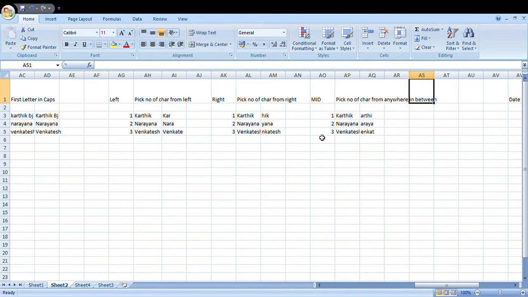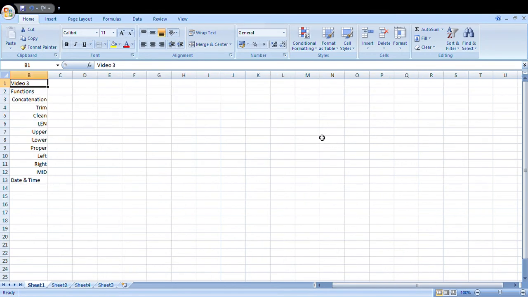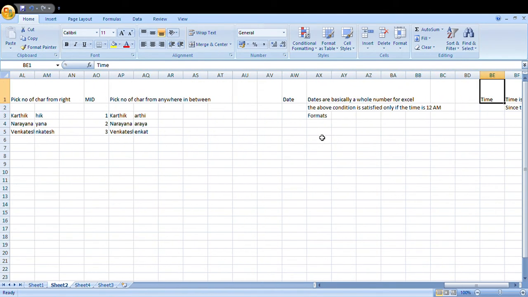So now let us move on to date and time. Let's start with the date first. Dates are basically a whole number for Excel. When I say a whole number, I will choose today's date. Mine is MDYY format. So if I'm going to convert this format by selecting it and right clicking,